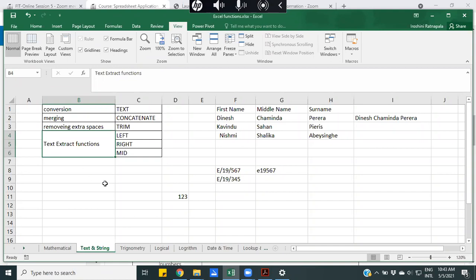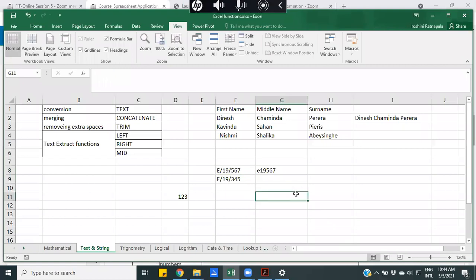Text extract functions are used, for example, if I want to convert this number to E19567, the username. If it's only the E19 batch, I can just concatenate E19 with 567, and extract the 567 from this using these three digits.